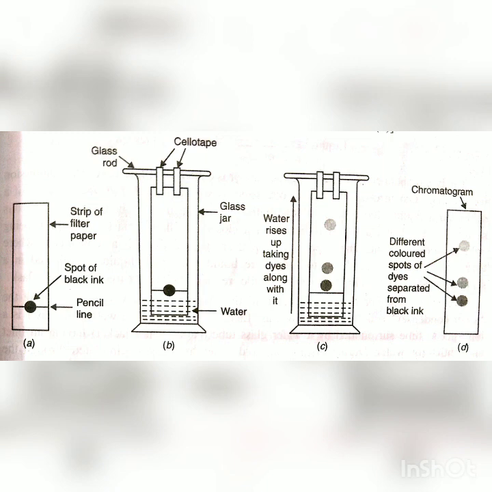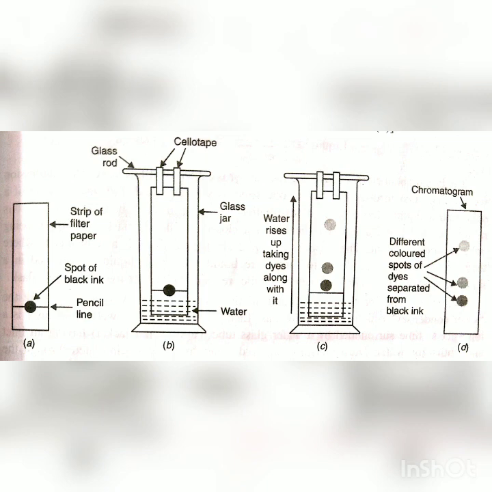The dye or color component which is more soluble in water dissolves first, rises faster, and produces a color spot on the paper at a higher position. The less soluble dye dissolves a little later, rises slower, and forms the color spot at lower heights. In this way, we can say that all the dyes present in the black ink get separated at